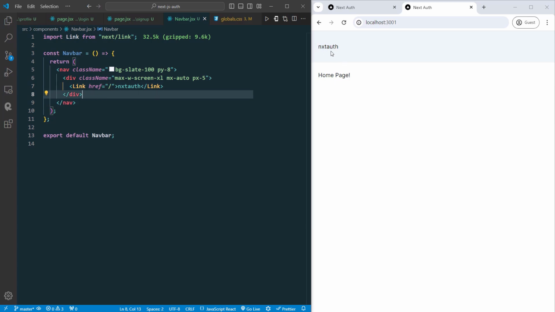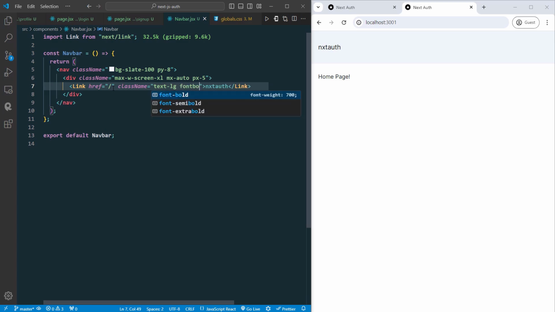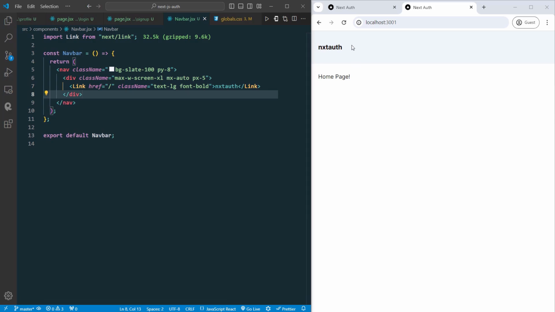Let's style this logo a bit. I'm going to put a font size, let's say LG, which is 18, and font would be bold. This looks a bit better, so now let's create